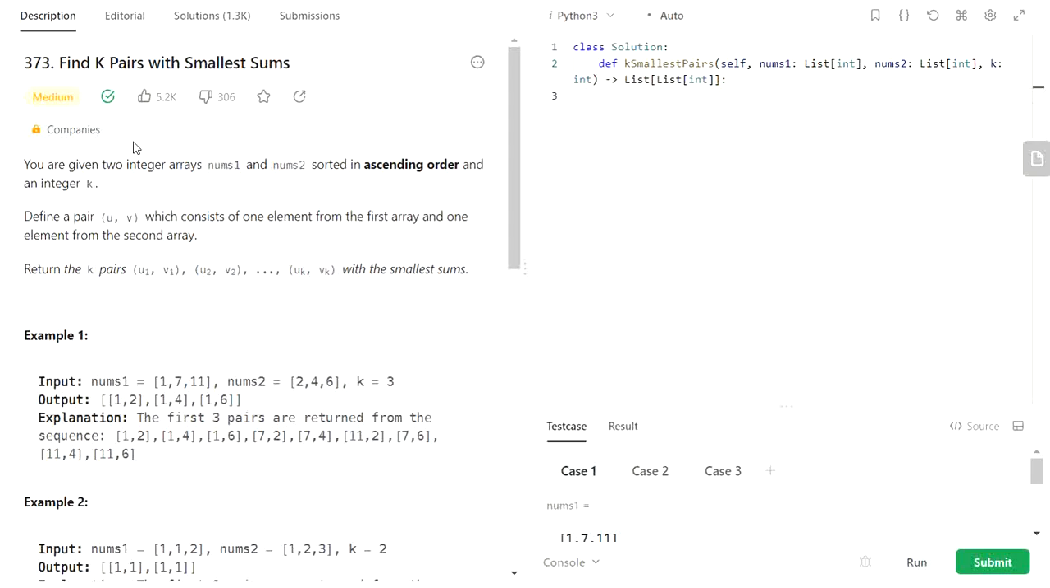So today we are going to solve Find K Pairs with the Smallest Sums. This is LeetCode 373, and in this question we are provided with two arrays, that is nums1 and nums2, and these arrays are in sorted ascending order, and an integer k is also provided. So we have to define a pair, that is u and v, where u will be from nums1 and v will be from nums2, and we have to return k pairs such that those k pairs must have the smallest